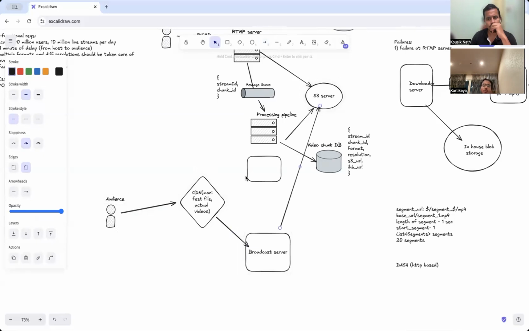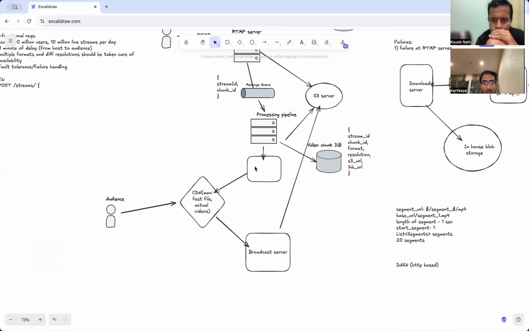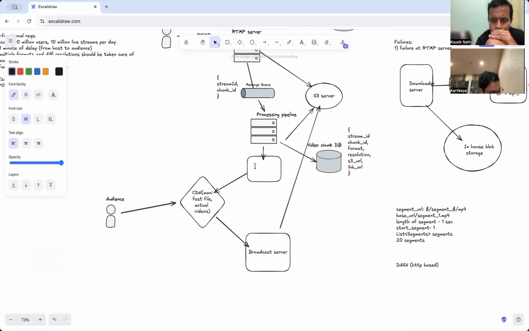Similarly, if we are going to build a sort of mixed system where we are also using a push based CDN, then once the processing is complete here, we will have this data pushed to the CDN. We can give any name to this server. I don't know, maybe... A broadcast server can directly also do that, right? Yeah, that can be done, but